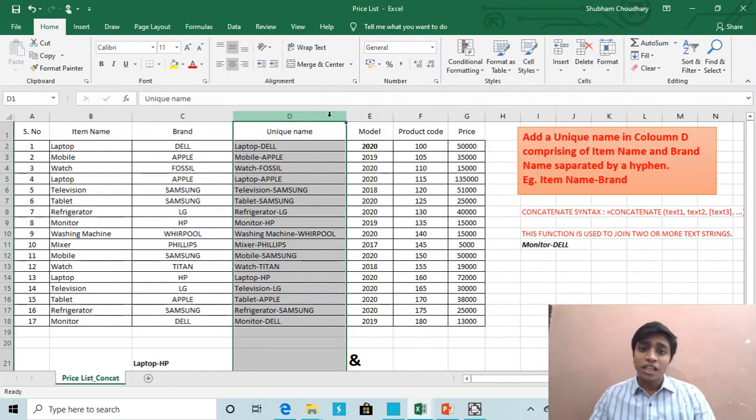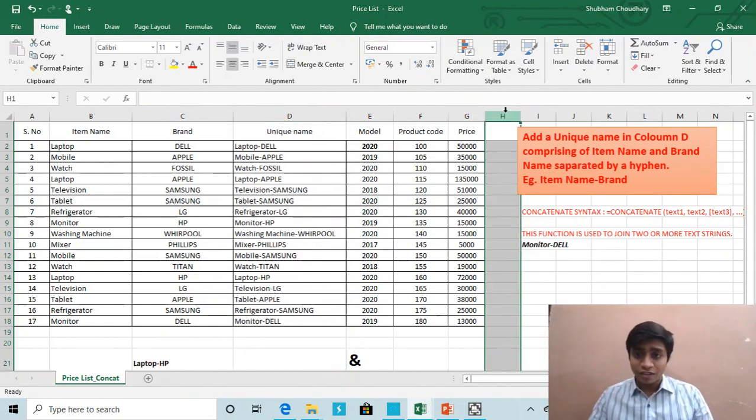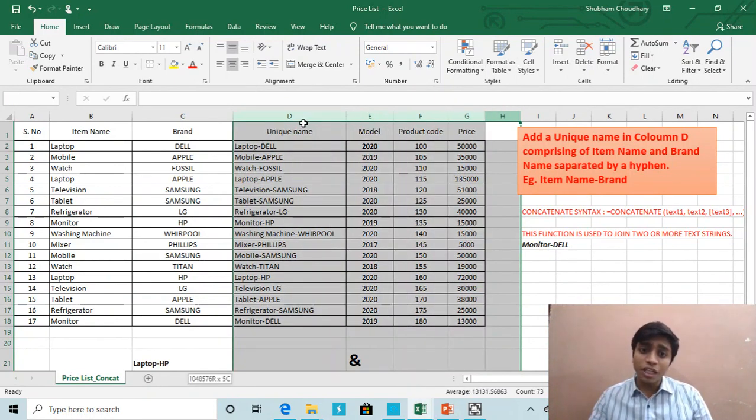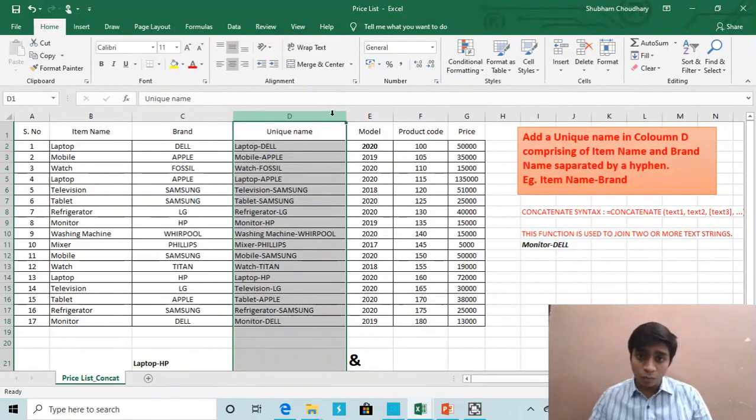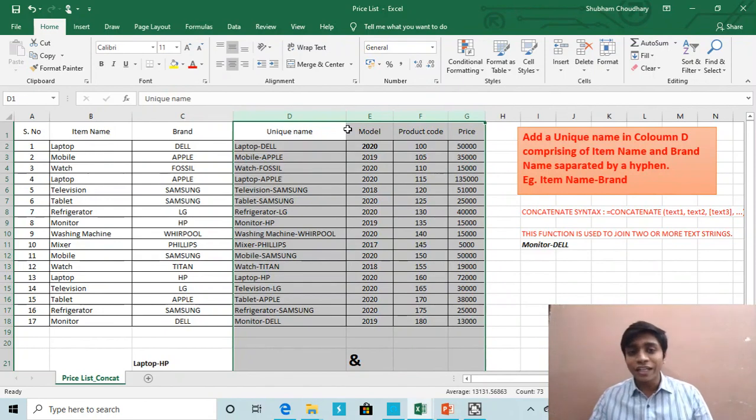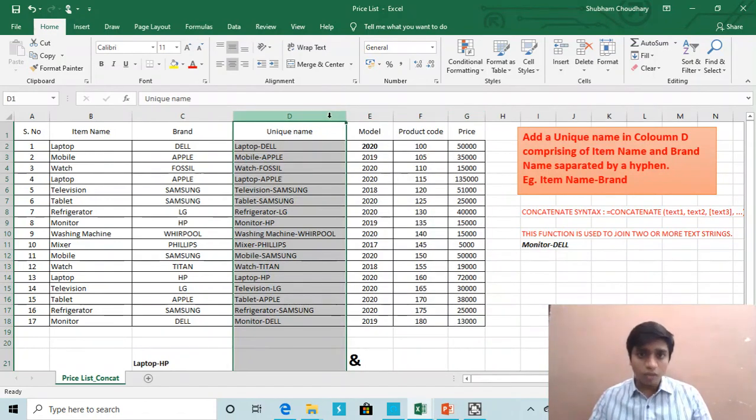In case in your data this unique name, or similar value that contains the lookup value, is at the left side or the right side, you have to change your table into such a format that all other values whose answer you want are at the right of this particular lookup value column.